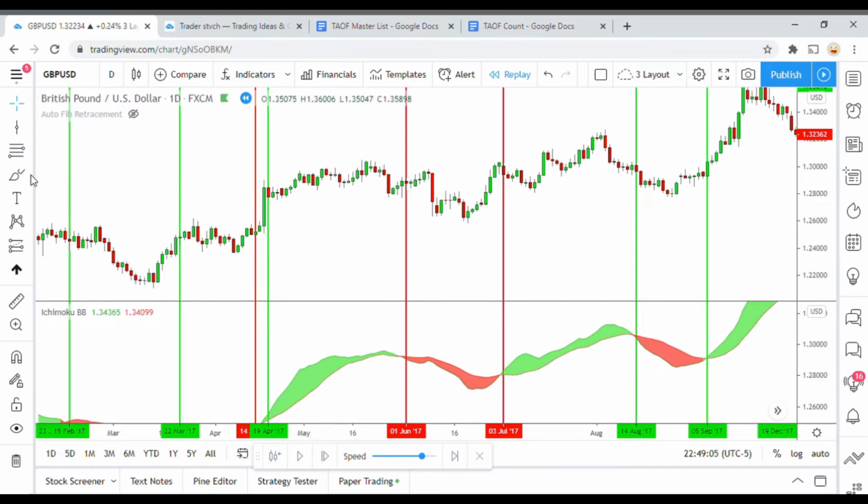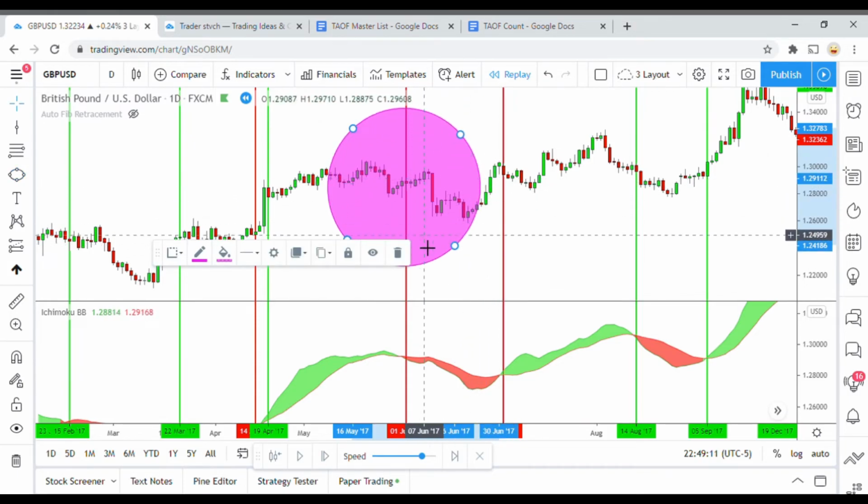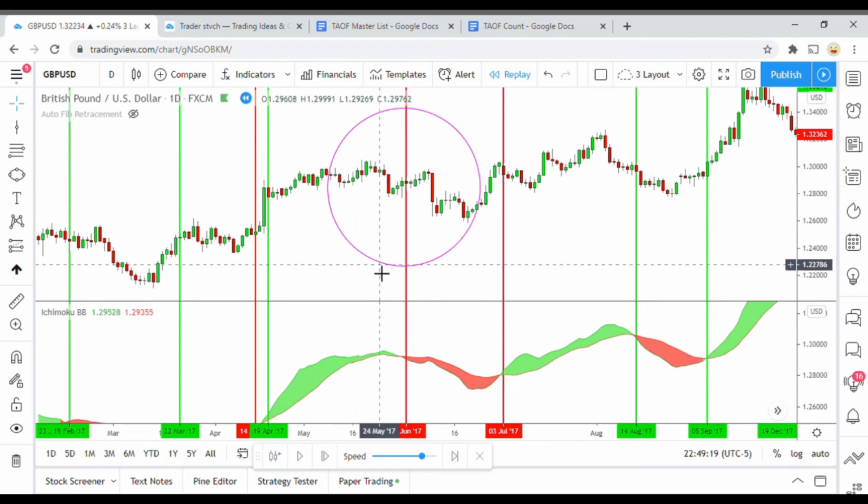This area right here on screen. There we go. All right, so this one right here, you can see that it was obviously heading up in